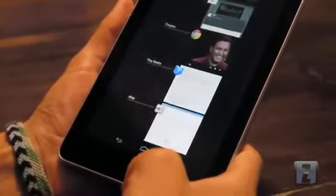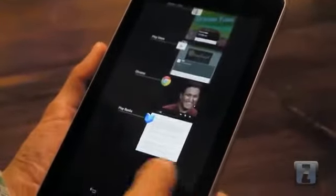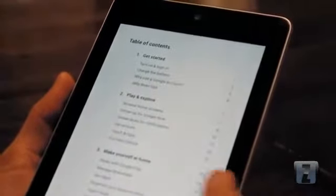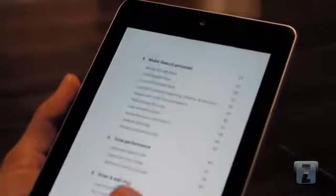We also have an app switcher here on the right side of the bottom buttons that allows us to close applications and kind of free up some memory or speed, or if you don't want them to reopen on their own. If we go into the books, this book was included for the Nexus 7 user guide. You can see we can turn the pages nicely. It's a very nice e-reader, and it has a little bit of an animation here that allows you to turn